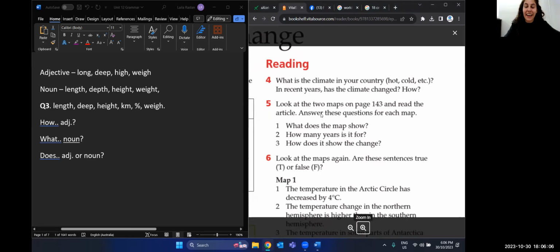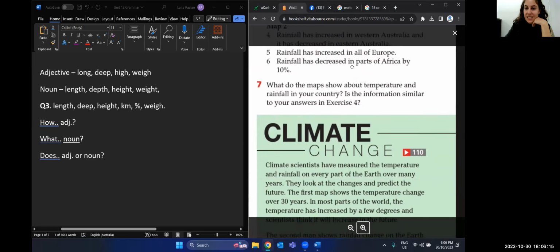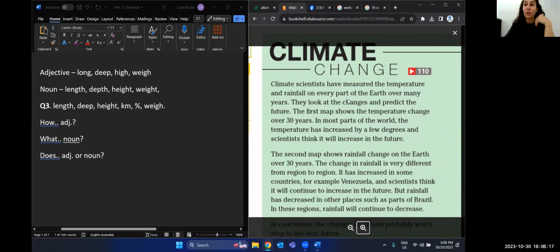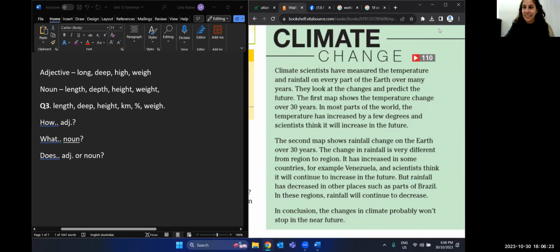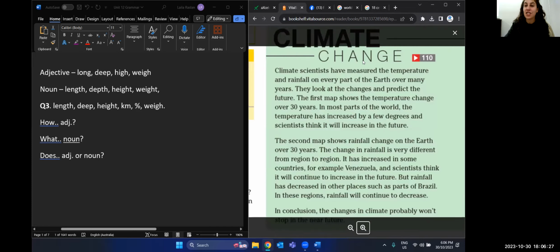So let's look at the two maps on page 143 and read the article. So this is the article, climate change. So I'll read it and then you can read after, sentence by sentence. So let's start. Okay, climate change. Climate scientists